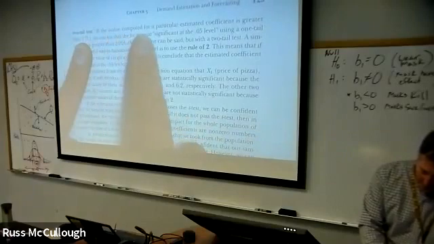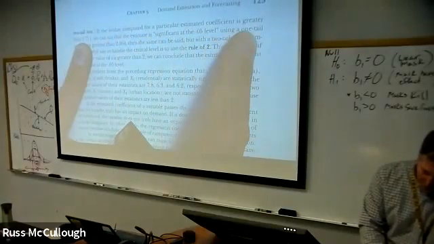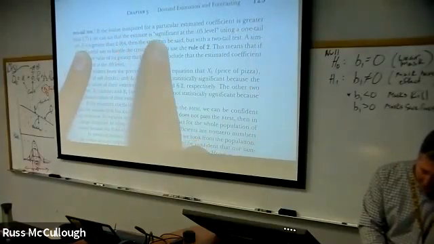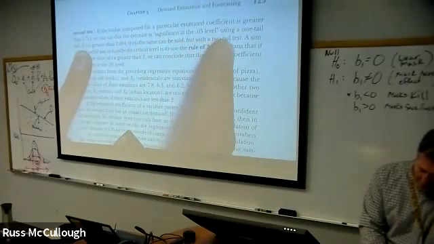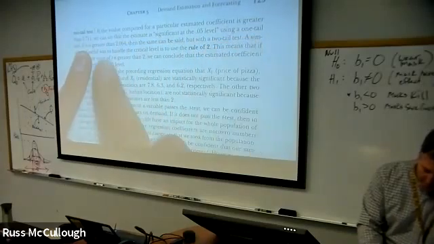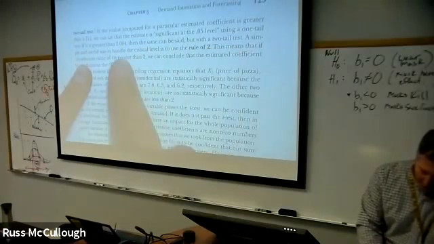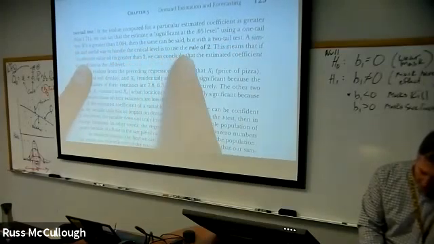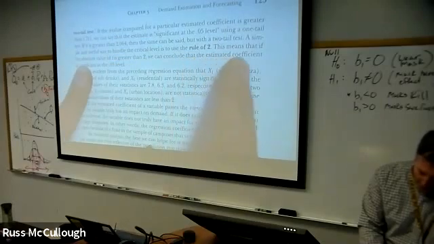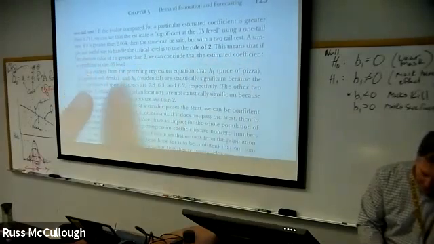The t-value computed for a particular estimate of a coefficient is greater than 1.7. We can say that the estimate is significant at the 5% level using a one-tailed test. If greater than 2, the same can be said for a two-tailed test. A simple, useful way to handle the critical level is the rule of 2. This means that the absolute value of the t-statistic is 2 or more.